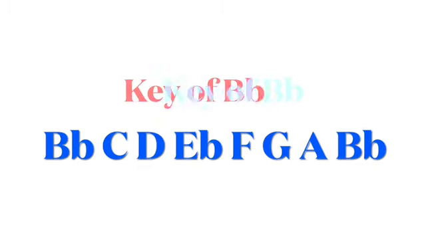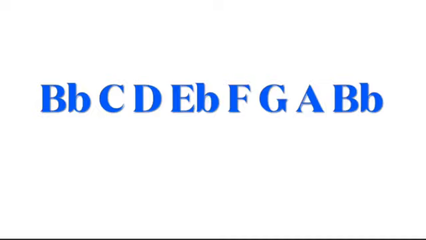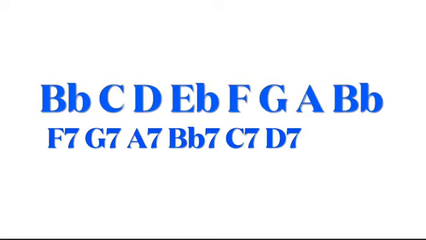B flat major: the 1 is major, 2 is minor, 3 is minor, 4 and 5 are major, 6 is minor, and the 7, there should be a little circle here, but it's diminished. So each one of these chords, except, this is kind of the rule here, each one of these chords in the key